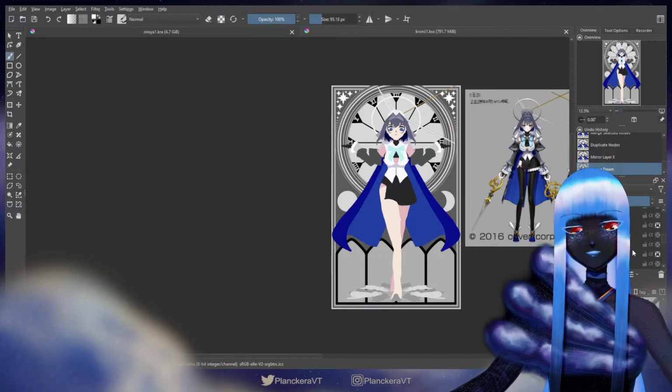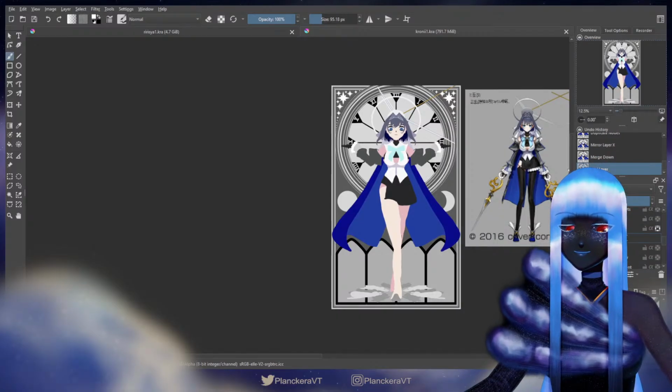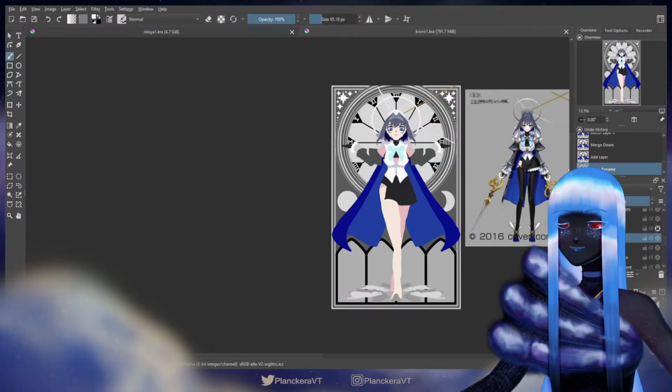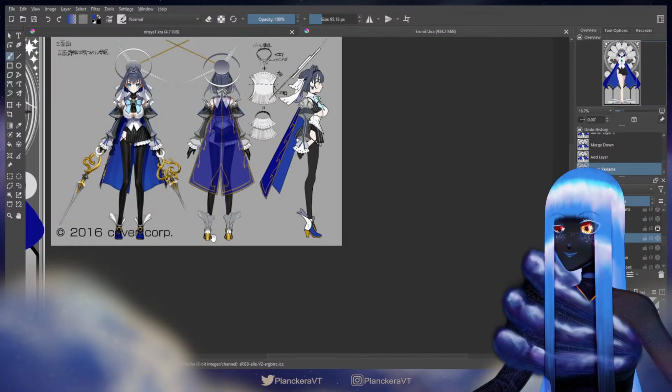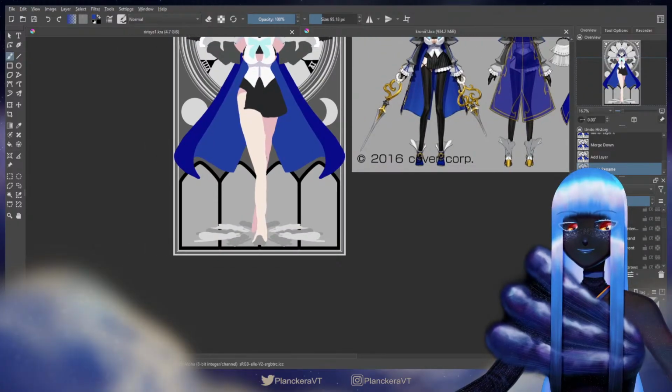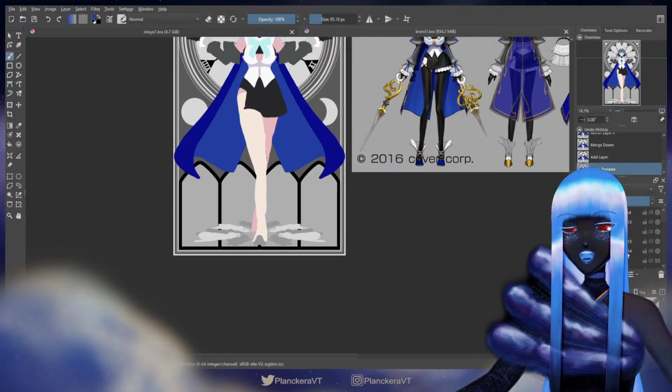Where's my body layer? There it is. Okay. Let me hide foreground stuff. This is not foreground. So I'm gonna plop it in the back.